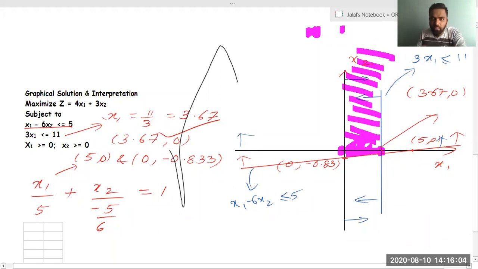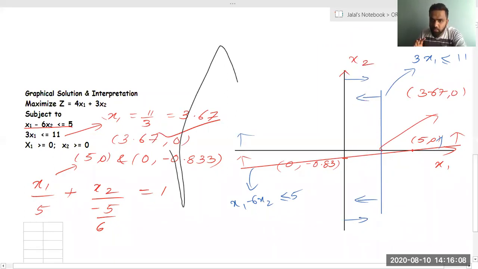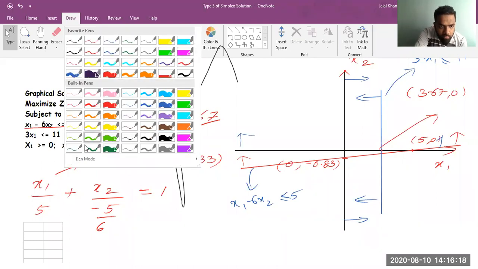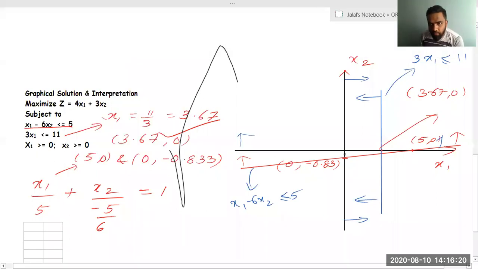So what I'm saying, this thing will just keep on extending. So this is my feasible region. If you can just find it, what I'm saying is this will be my feasible region. Just give me a second so that I can use some good colors. Okay. So this will be my feasible region. This whole thing, up to infinity, because this line will also keep on extending, this line.